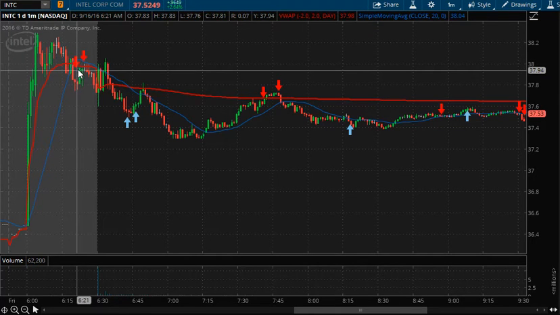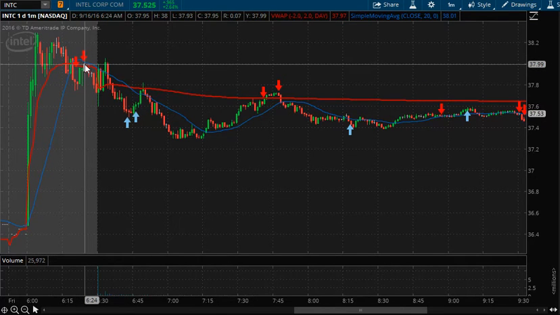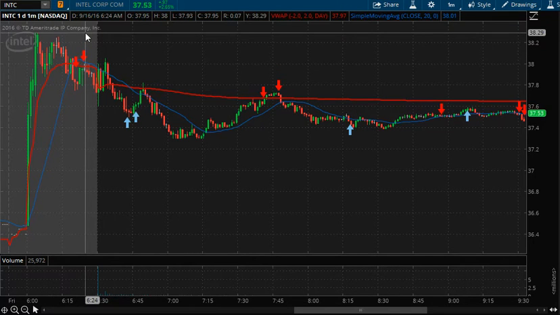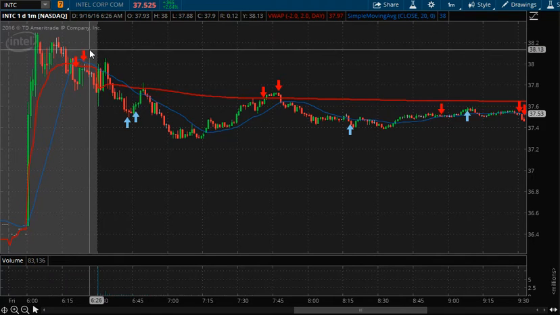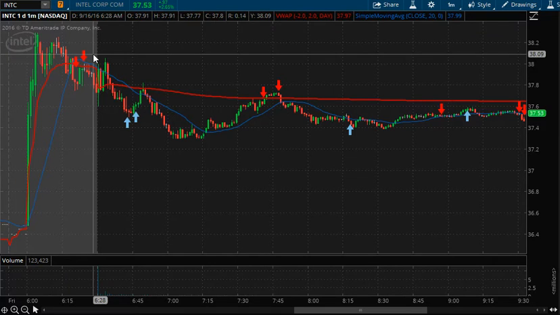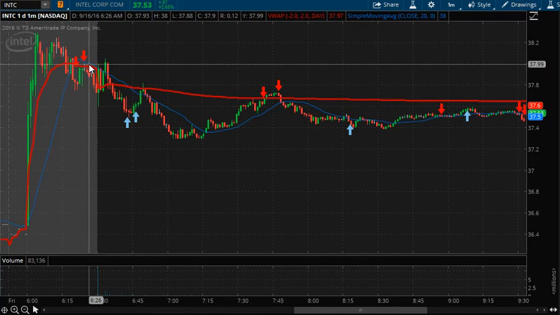Then I added once price went down in my favor, came back up, and kind of held this 38 level. I added, and basically this time I'm almost at 2 times the normal position. So when I do that, my stop also comes down. It went from the high of day to, I think it was 38.15. So I'm still risking the same amount of capital, but now I'm doing it with twice the amount of shares. So basically the price held, and my targets from 38 were going to be 37.50 and